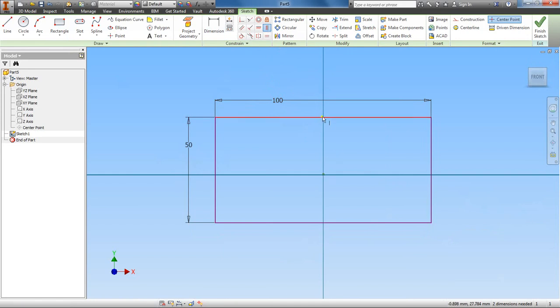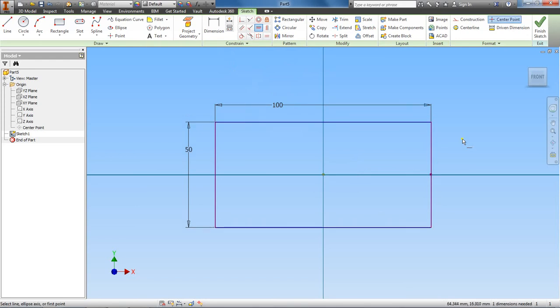and just for the record, you don't have to do this, but it's just good practice, because as your parts get more advanced and you start adding certain features to them, you want to be able to predict how they're going to behave, and it's easier to predict when your part is symmetric about the origin. Okay, so go ahead and finish this sketch,